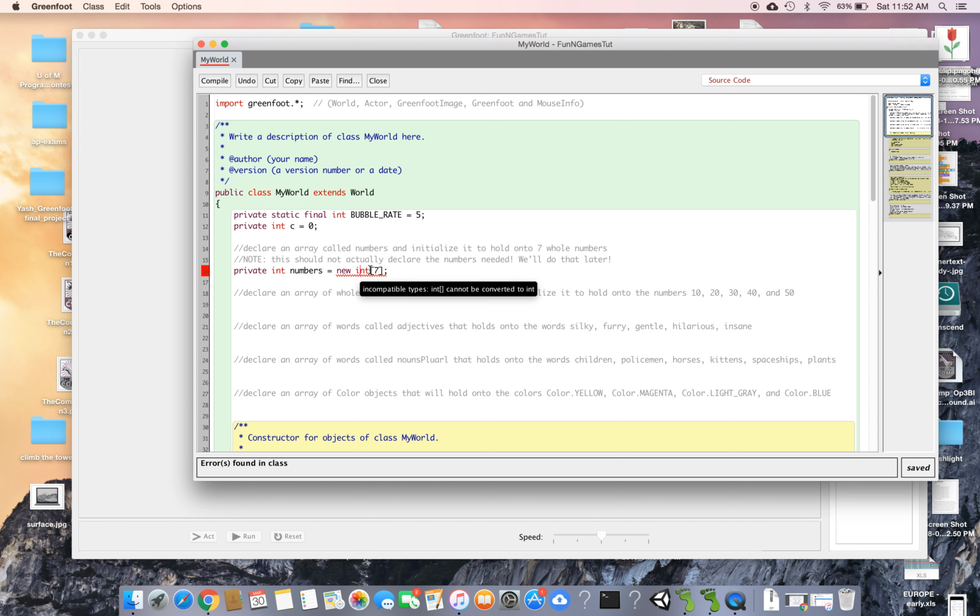Oh, what do we have here? Private, oh, I forgot these square brackets here. So we're saying that this is not just going to be a single integer, it's going to be an integer array. The next thing that we've got here, it says declare an array of whole numbers called bubble sizes